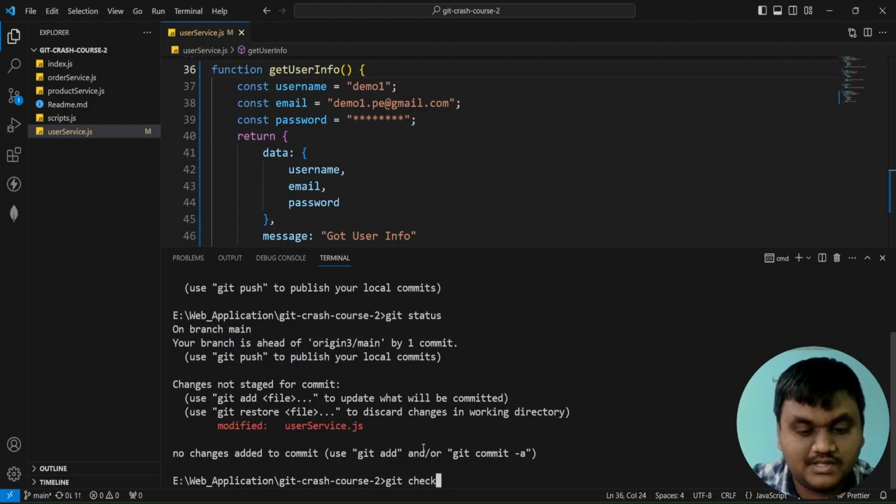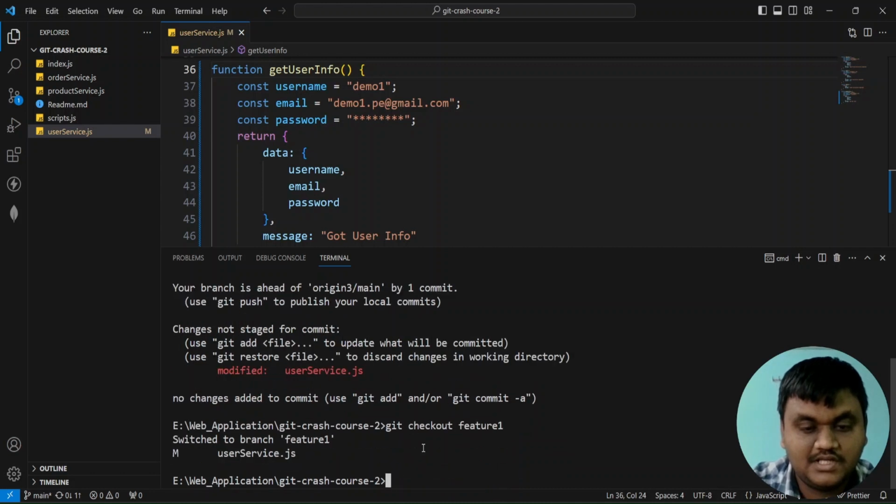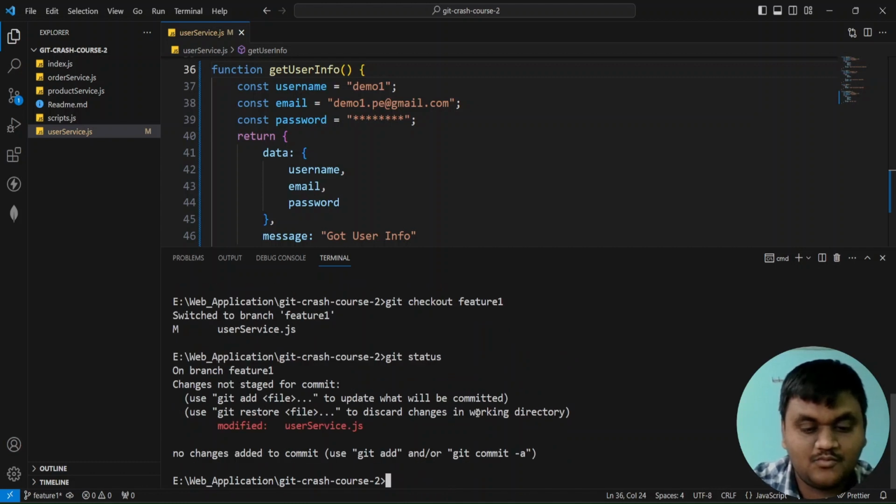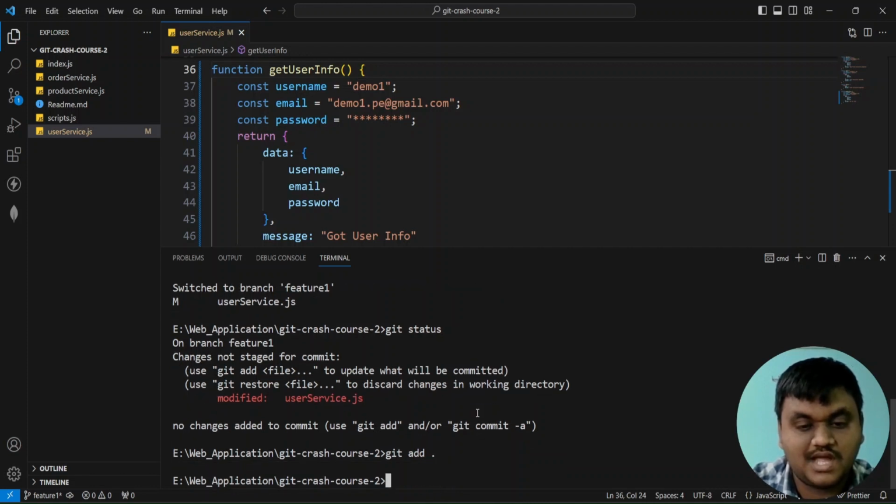But if you check out the branch called feature one, if you go to the feature one branch, git status. In this, I'm going to convert the change into the staging area. Git add dot, git commit